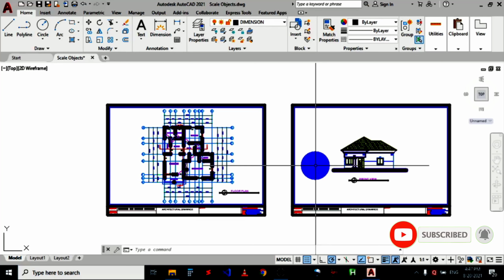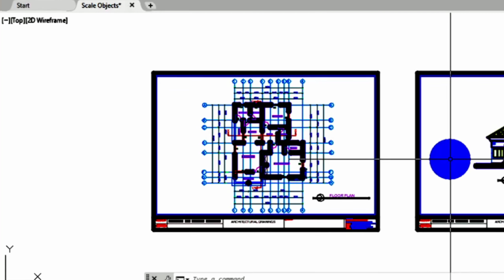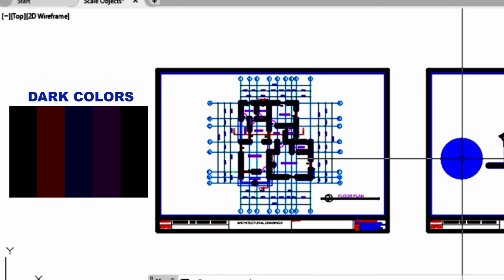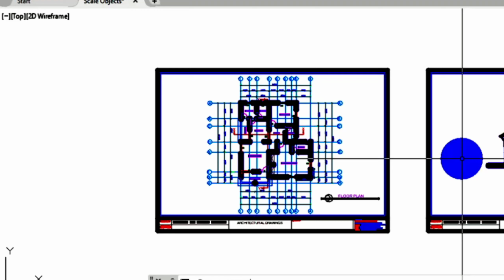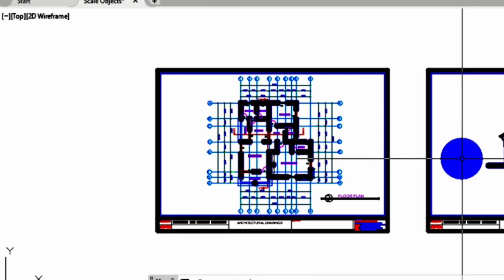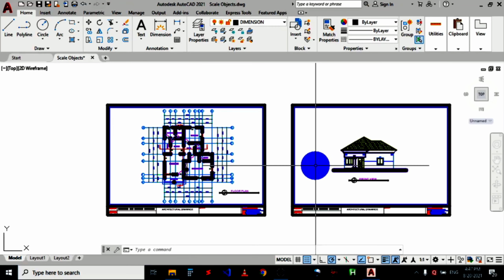Whereas in the grayscale option, AutoCAD is going to convert colors that are heavy, like dark blue, like the drawing of my floor plan, as you can see, to black. AutoCAD will convert such dark colors to pure black. Whereas if you have colors that are lighter, like yellow for instance, sky blue and the rest, AutoCAD will convert them to lighter black or ash for instance. So that's the difference between monochrome and grayscale.